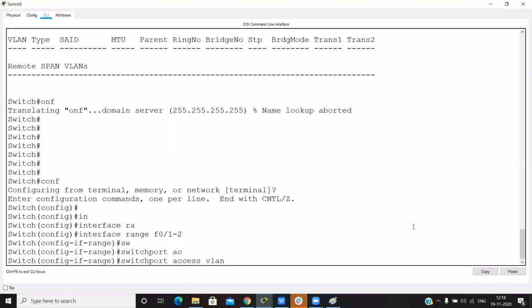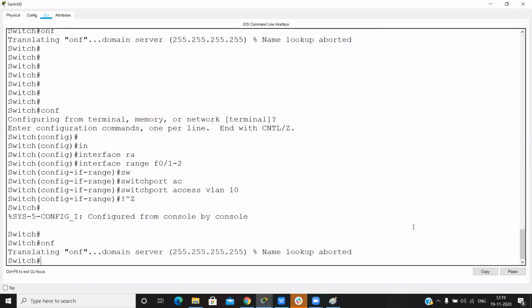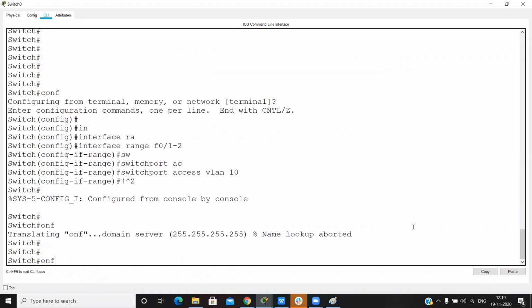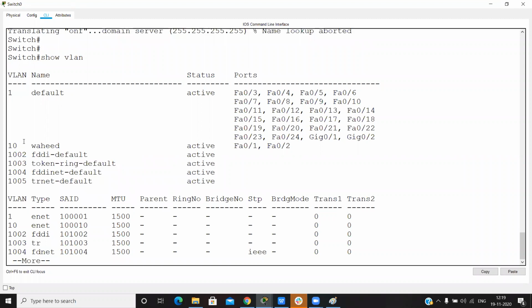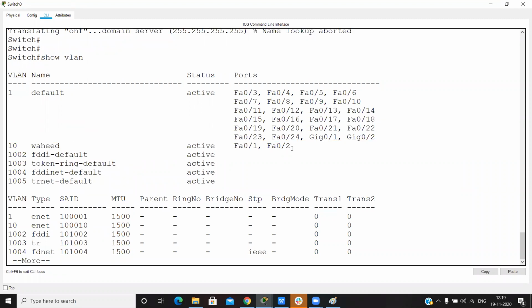Nothing can be configured using the VLAN name. So I can give VLAN 10. Now you can see VLAN 10's name is Wahid, and the two interfaces F0/1 and F0/2 are separated into VLAN 10.